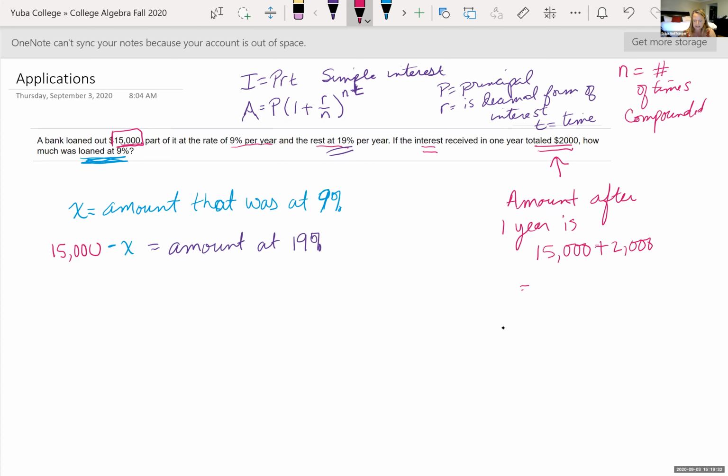So I know that this is equal to $17,000. So let's just go through and put in what we have. So we have $17,000 is equal to